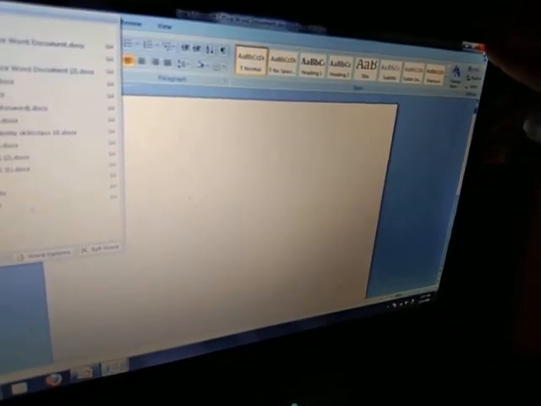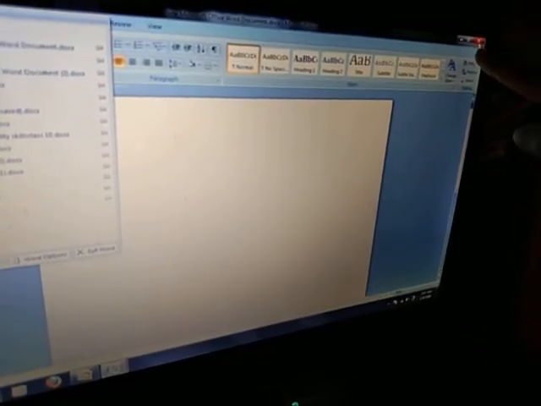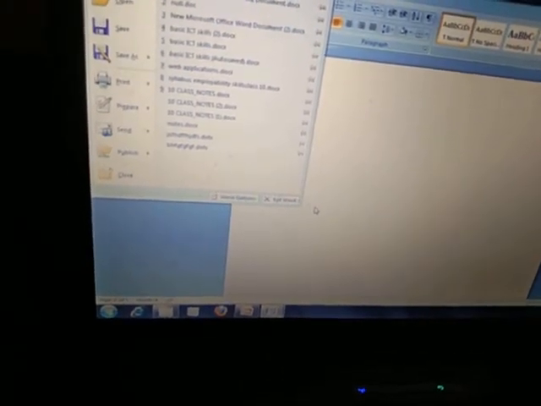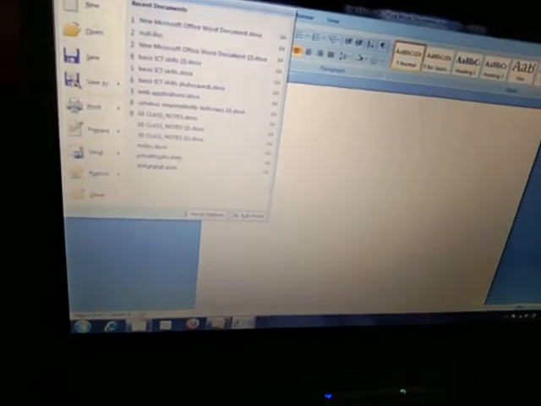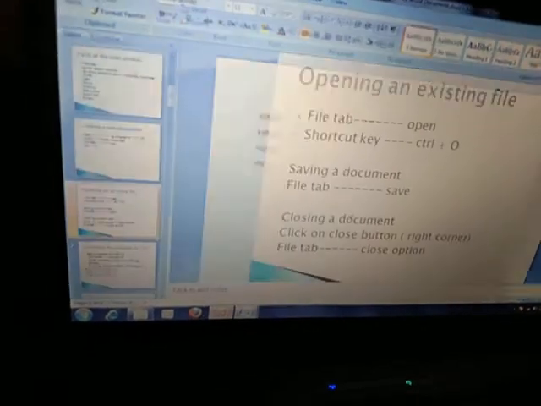Okay, have you seen that this one is your close button? Or we can do exit from Word, but if we click on this exit, it will exit us from the entire Word processing software. Okay, next topic is